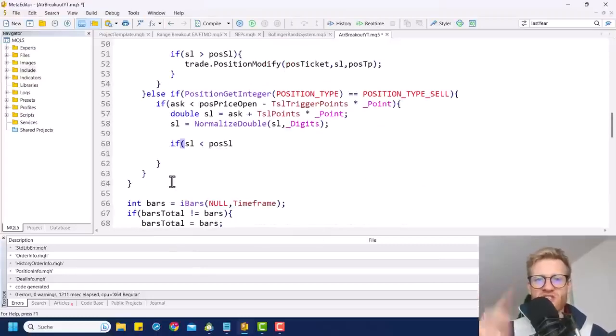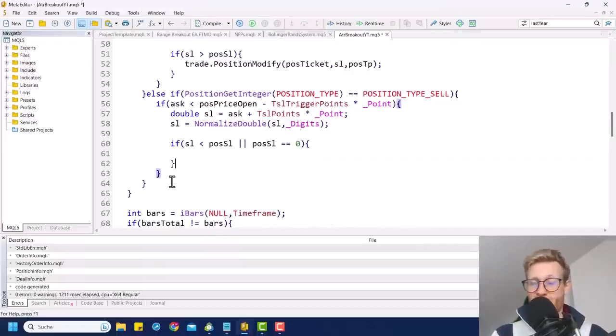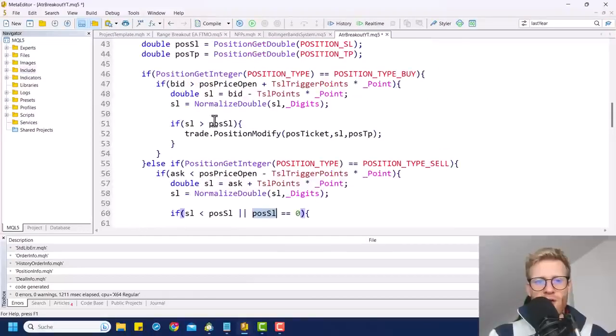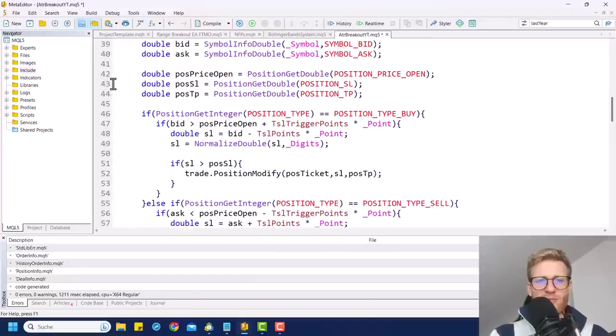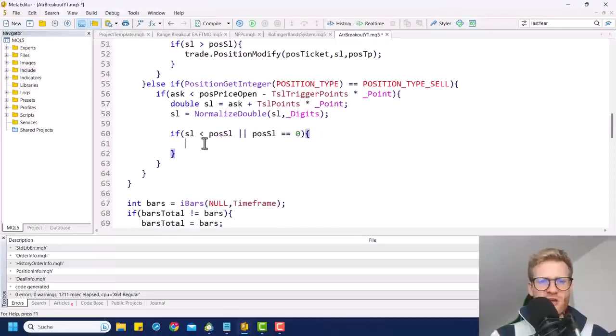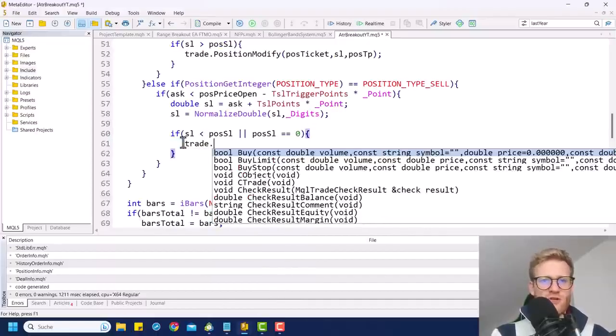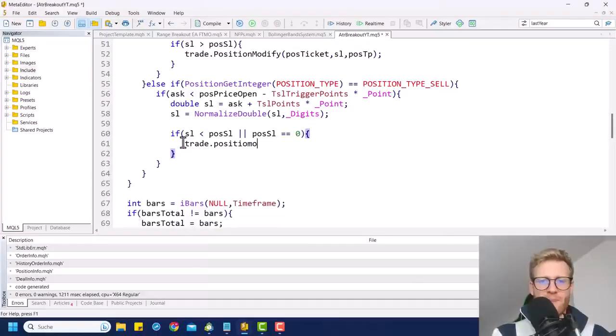And for sell positions, this is important. You also have to check if position stop loss is equal to 0. Because if there is no stop loss at all, then the value in the position stop loss will be 0. Because if you request the position stop loss and there is no position stop loss, position get double will return 0. So yeah, if this is true, just the same like before, we'll just call trade position modify,